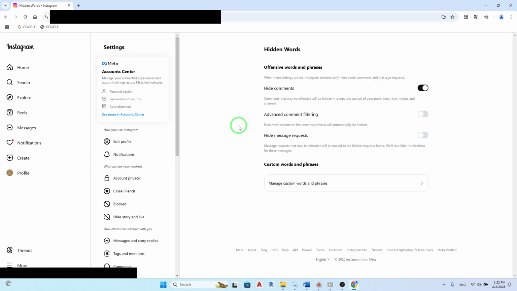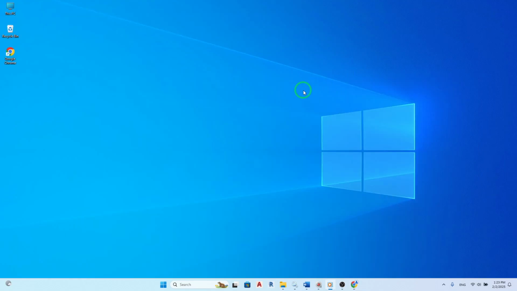If you want to take it a step further, you can also customize which words or phrases trigger the hiding of comments. This allows for a more tailored experience, ensuring that only comments that truly bother you are hidden from view. Remember, this feature not only helps in managing negative comments, but also promotes a healthier interaction space on your posts. By taking control of what appears in your comments section, you can focus more on engaging with your audience